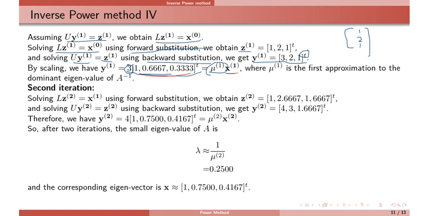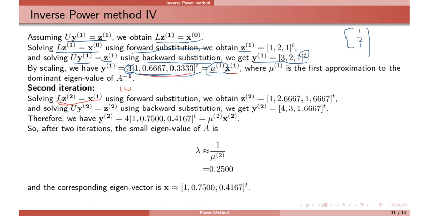Now apply the second iteration. In the same manner, L and U will remain fixed, since matrix A is fixed. In that case, LU decomposition is really helpful, since we are solving different systems with different right hand sides, but the left hand side remains the same. So the situation is AX equal to B1, AX equal to B2, AX equal to B3, and so on. Only the right hand side is changing.